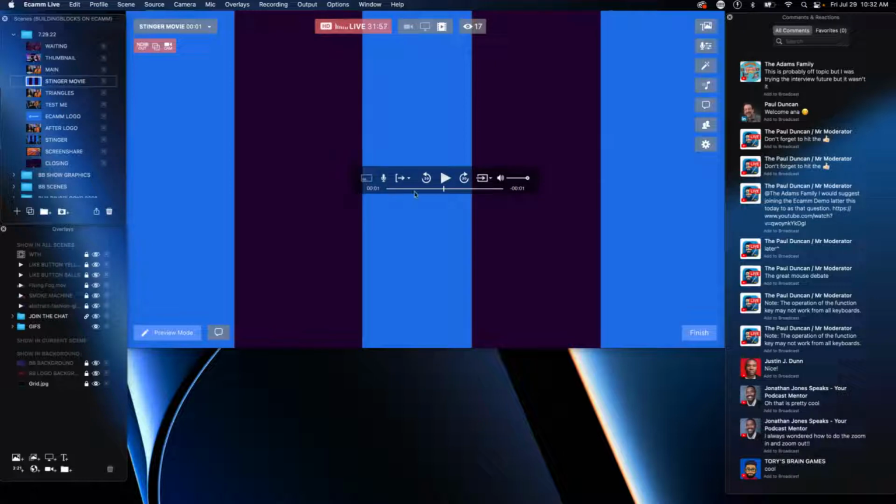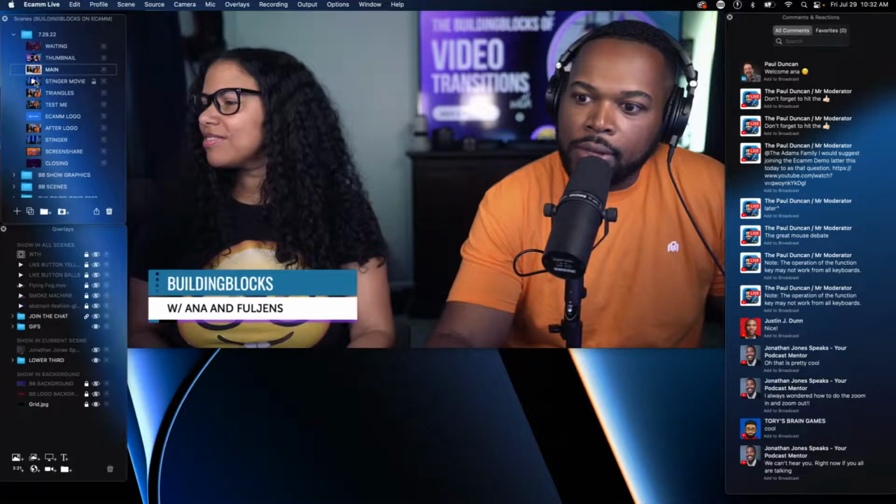What we're saying is that once you bring it back into Ecamm on its own scene, you come here and select go to next scene when finished. So it's going to automate it for you. If you're here on the main,